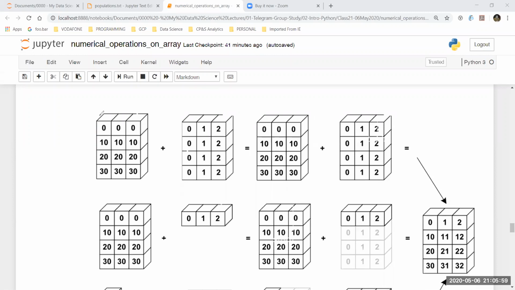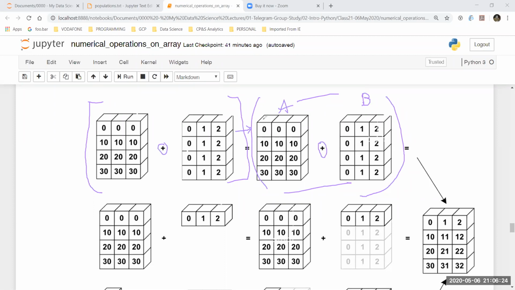Let me just take a pen. So this is my input. Okay, so in this case I have two arrays which are exactly of the same size. This is passed on to NumPy. NumPy is not going to do any transformations or any broadcasting or any changes in the sizes or dummy values and so on. It's simply going to take the first array A and the second array B as they are and do the operation that we have already supplied.